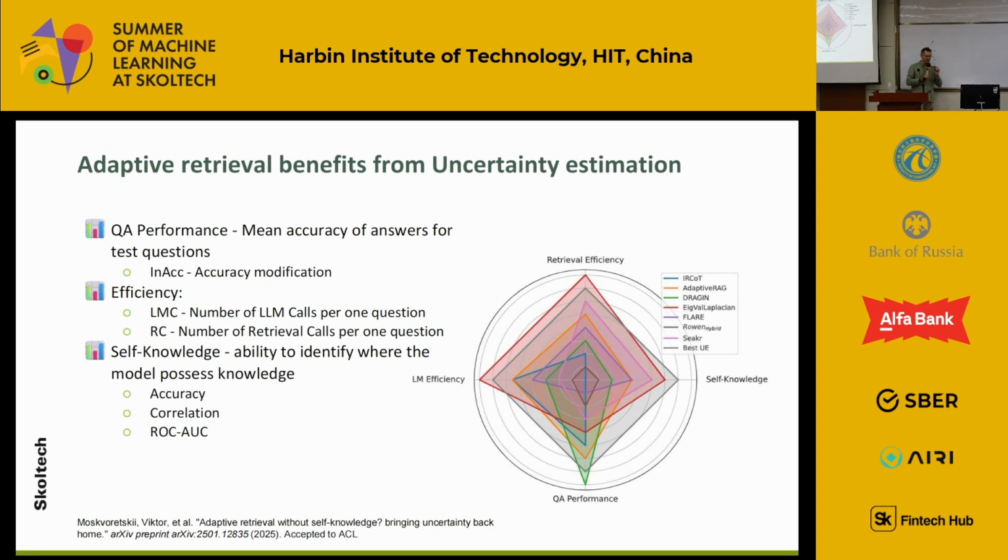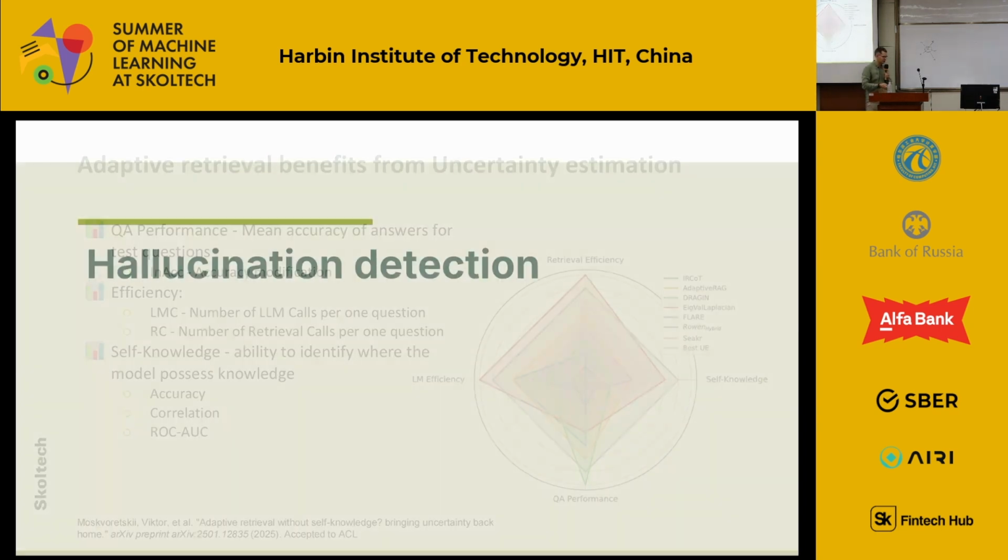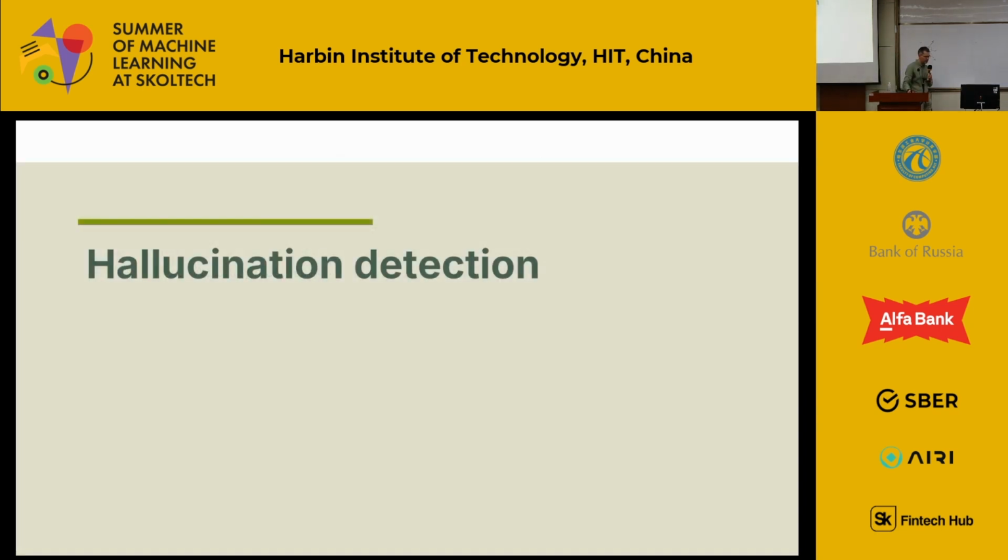And we can compare this usage of uncertainty estimation to other settings that use different ways for this adaptive retrieval. We can see, for example, that self-knowledge is the best among the uncertainty estimation methods. It means that the model is aware that it does not know something. For other metrics, you can also play and find that sometimes you obtain a Pareto efficient solution in terms of the performance of a model, but also in terms of efficiency: how many queries, how many documents we are extracting. But let's finally move to our last topic